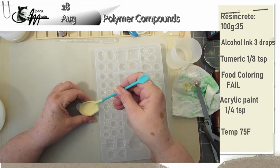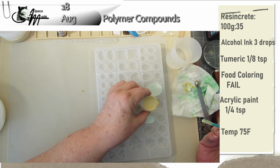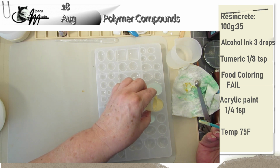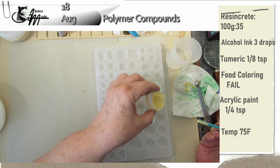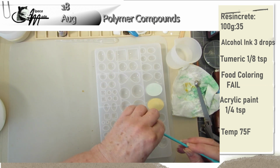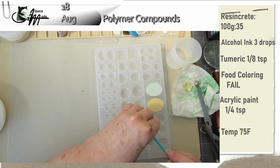So now I've decided that I have enough yellow in this cup, and I pour it. And this is again a real-time pour. I notice it's pouring, but it's thick, like I said, and I'm still not really concerned. And I pour what's left into a mold that's too big for it, but it doesn't matter. It'll probably just end up being a color sample of what I used on it. And then